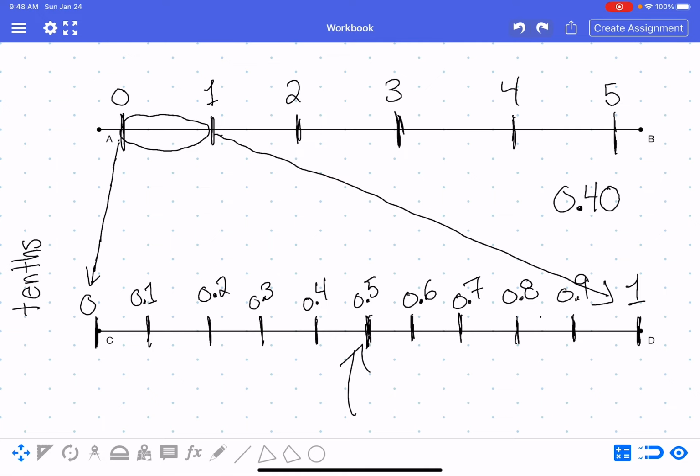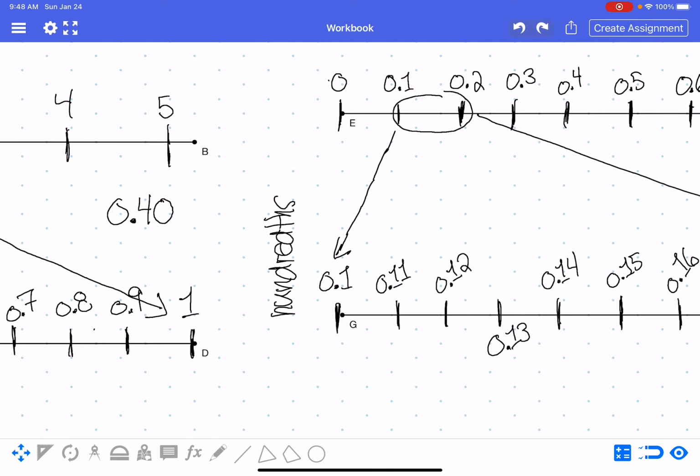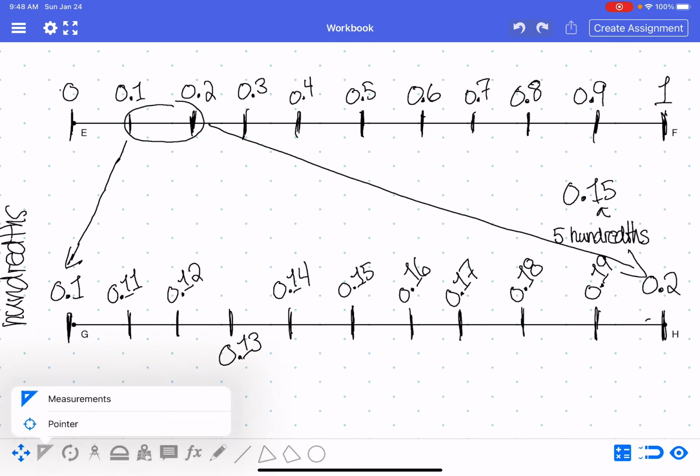Then we took the same number line, and it's over here. Here's that number line, and we're looking at the numbers in between 0.1 and 0.2. There's 0.11. I could say this is 12 hundredths, 13 hundredths, 14 hundredths, 15 hundredths, 16 hundredths. This is 0.17, this is 0.18, and this is 19 hundredths. If you understand this, then the rest of the lesson is much